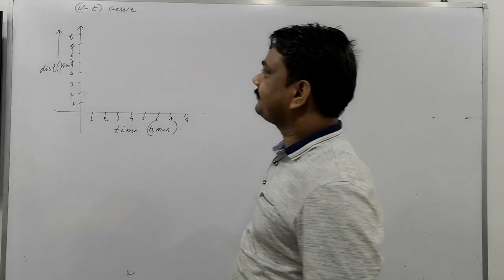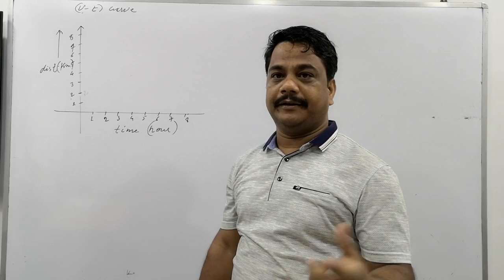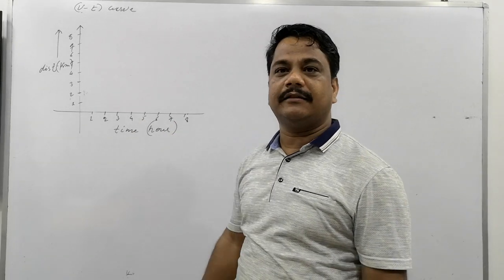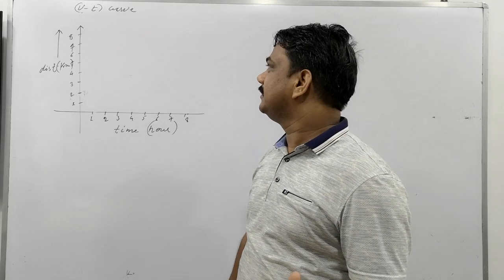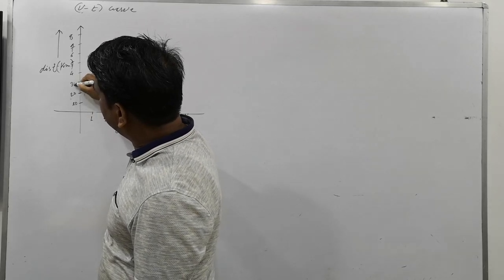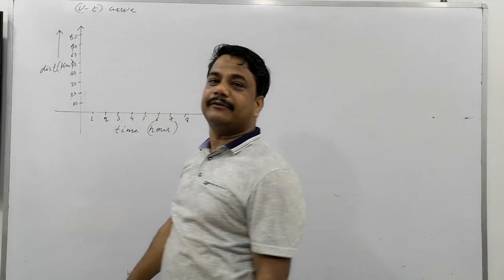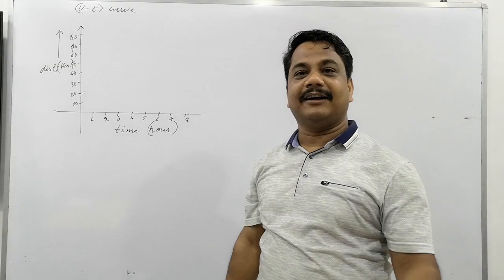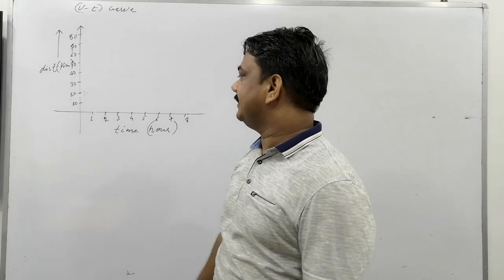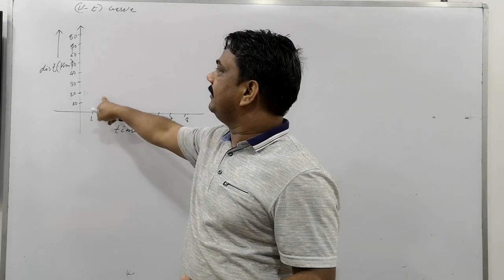Suppose there is some distance far away from you right now, and the time is here before you, 1 hour, 2 hours, 3 hours. Are you traveling faster or slower? It's 10 kilometer, 20 kilometer, 30, 40, 50, 60, 70, 80. Obviously you will not go by foot, so you will travel by car or some moped. So I have just taken these distances: 1 to 8 hours, and 20 to 80 kilometers.